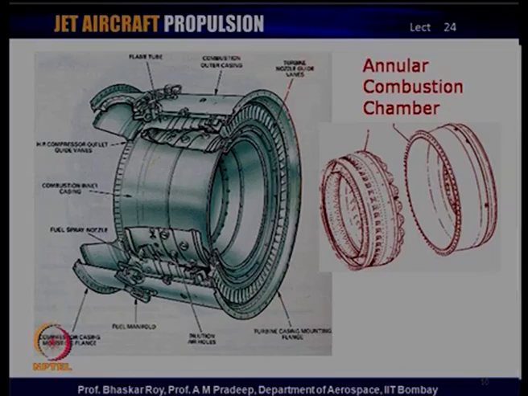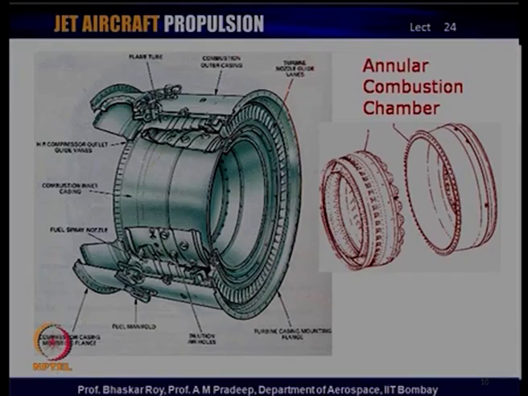So, from this end, the flow is supplied from the compressor in an annular fashion, and you have the combustion chamber here, which is an annular combustion chamber. You have the primary zone over here, then the secondary zone, and then the tertiary zone, and at the end it supplies in annular fashion to the turbine. You can see the turbine nozzles or the stator nozzles lined up at the end of the combustion chamber. So, the delivery from the compressor and the delivery to the turbine both are annulus,